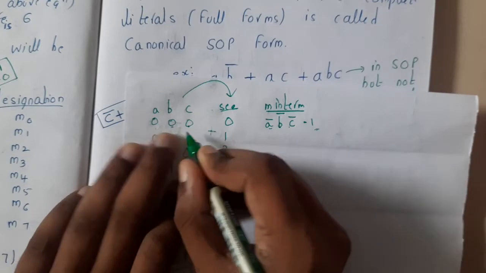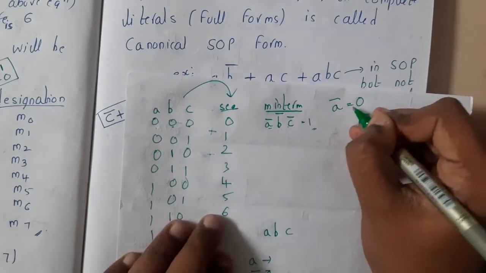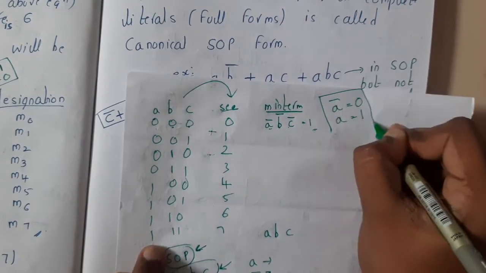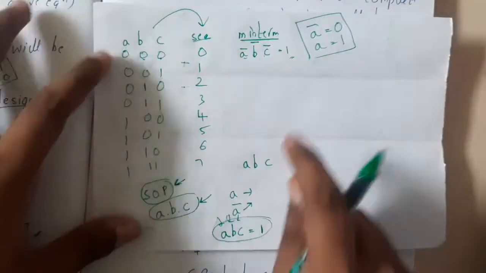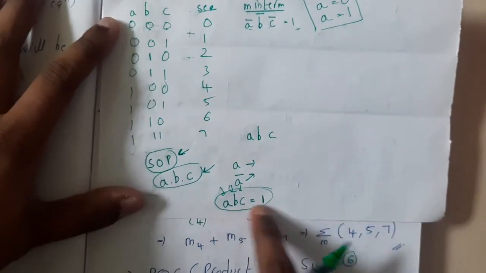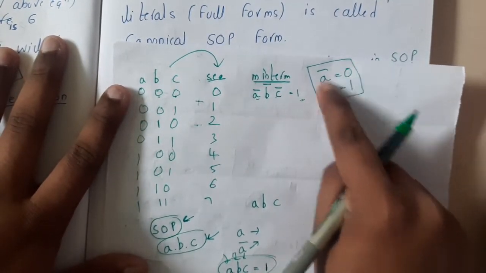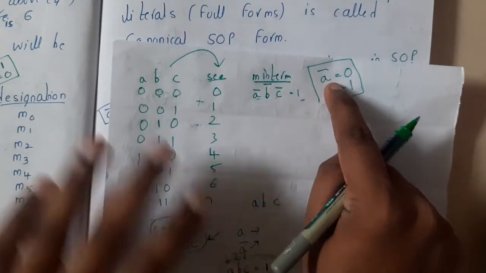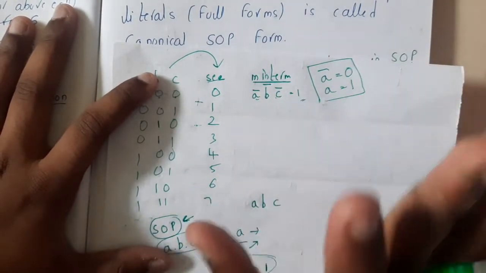Got it? Yes. So if you observe with this logic, you can say A bar is nothing but 0 and A is nothing but 1. So this is the exact thing which I told we need to remember. So this is the internal logic, guys. By this understanding only, they have concluded that A bar is 0 and A is 1. So most of us will directly remember these things and we will fill the tables. Even by remembering them, or you can understand the logic, anything will work, guys. Whichever is easy for you.